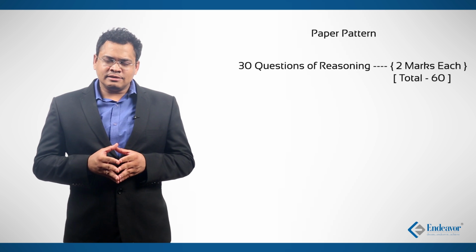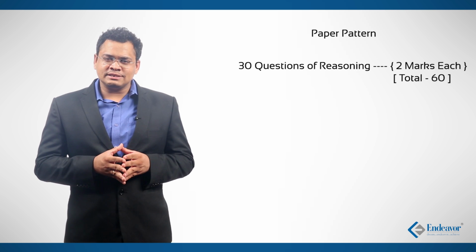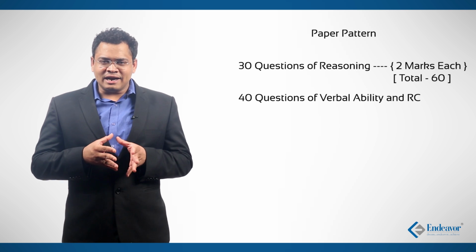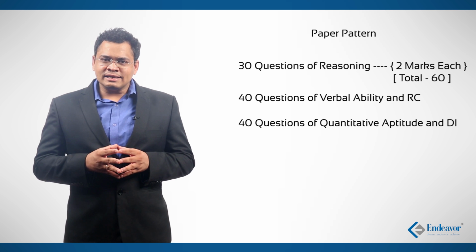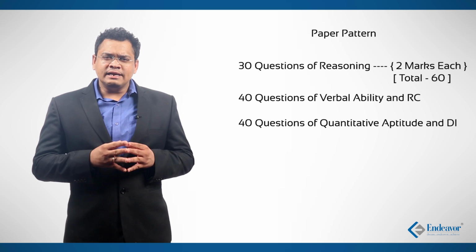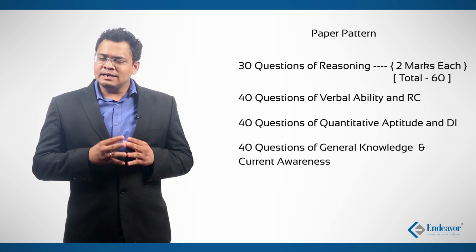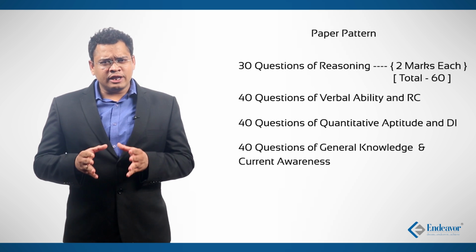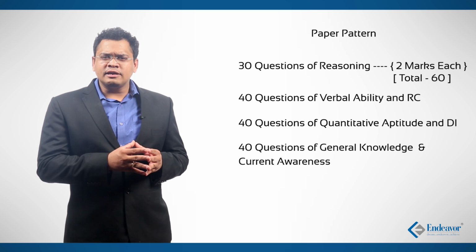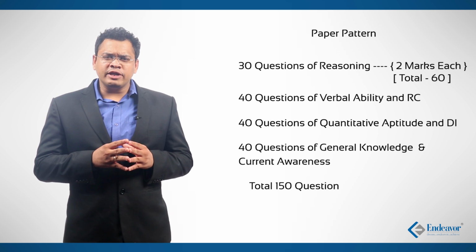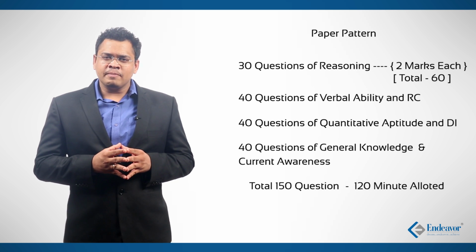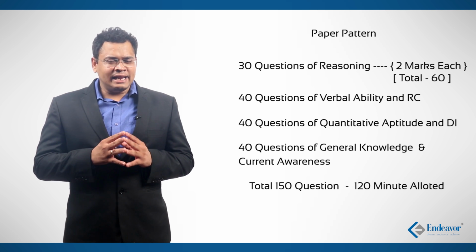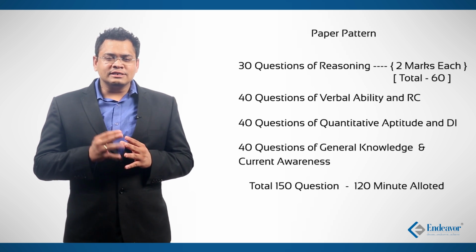The remaining 3 sections: verbal ability and RC is 40 questions, quantitative aptitude and DI is another 40 questions, and general knowledge and current awareness is another 40 questions. So that is 40, 40, 40 and 30 questions of reasoning, that is 150 questions, and 120 minutes is the time allotted to SNAP. That means it's undoubtedly a speed based exam, and in any speed based exam your discretion